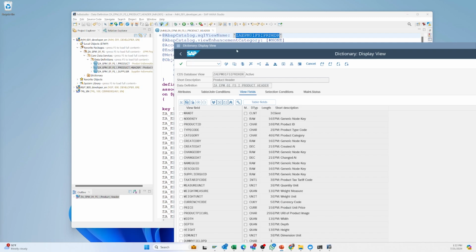So now we have created all the CDS views, and now we have to, as per our project steps, that we know, for the UI5 applications, we need to convert our applications to the SAP Fiori gateway, and we have to make the OData, and after that we have to connect with the UI5 applications. So our CDS view is done. So let's start with creating the OData service, the gateway service